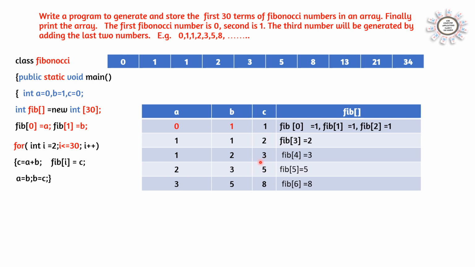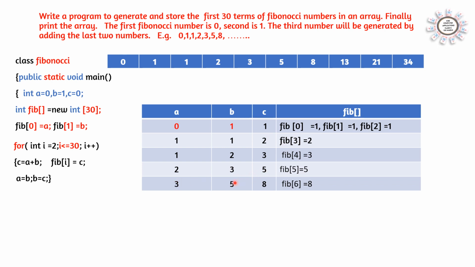The next number 3. So now the last two numbers are 2 and 3. No need of this one. 1 can be removed, which is stored in A. So to remove this, what we will say, A is equal to B. That means B's number 2 will come in A and B is equal to C. 3 will come here. See what we got, the last two numbers 2 plus 3, 5. Next number we got.